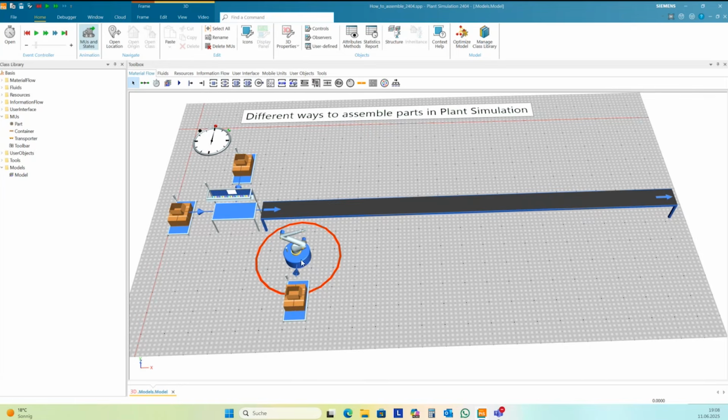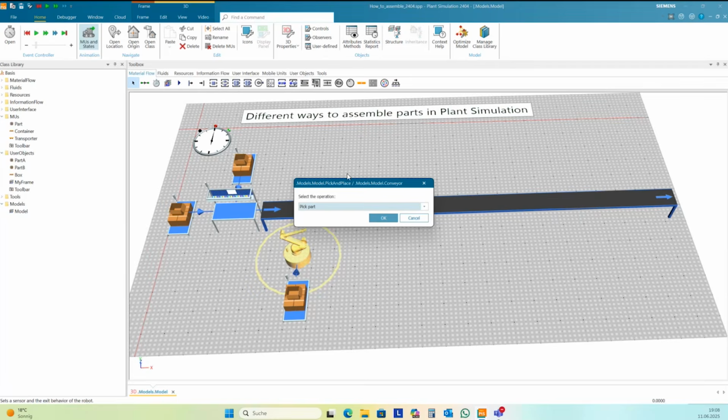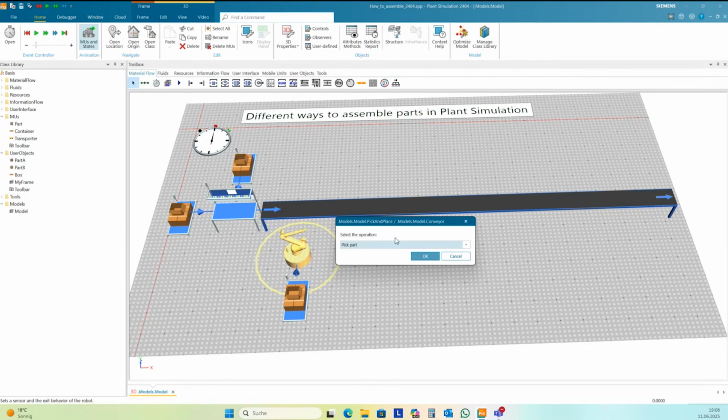I connect the source here and assign part 1. And then you can drag and drop the pick and place onto the conveyor, and there are different possibilities here.